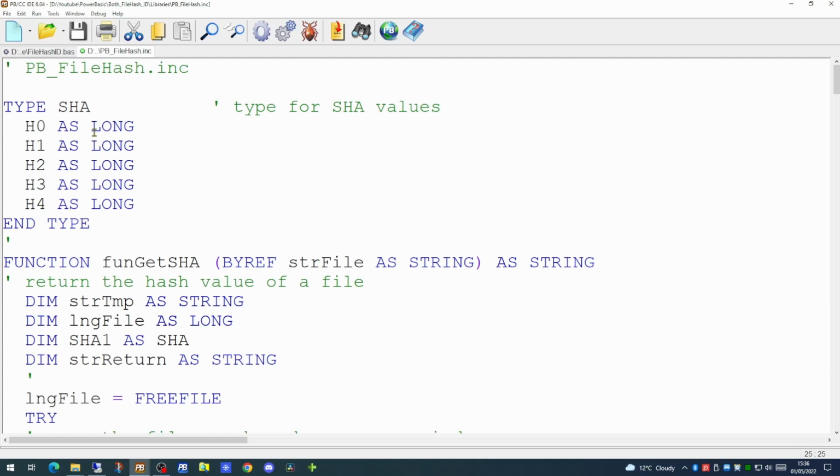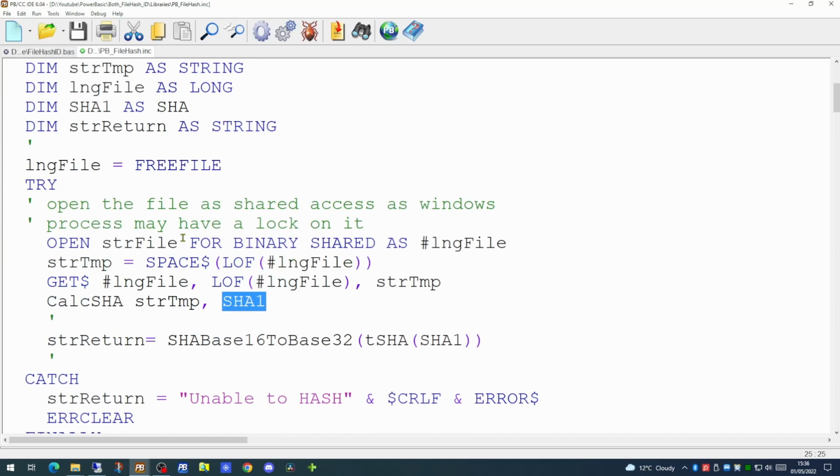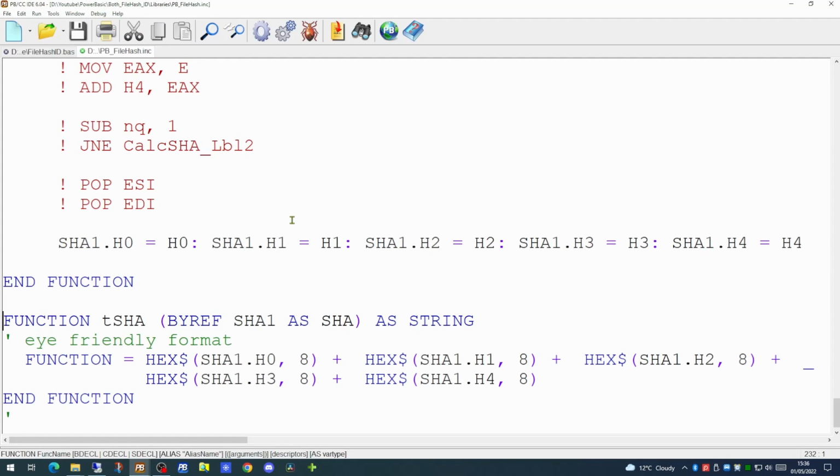As you can see from the top of the application, it's effectively 5 long variables. We're then passing that to a tsha and then to a SHA base 16 to base 32 subroutine. The tsha converts these 5 long numbers into something that's a little easier to actually see, using the hex$ command.